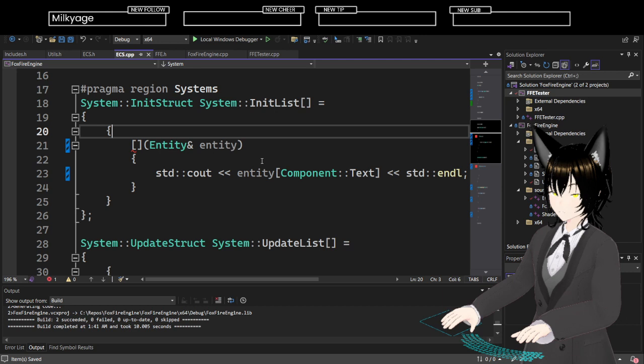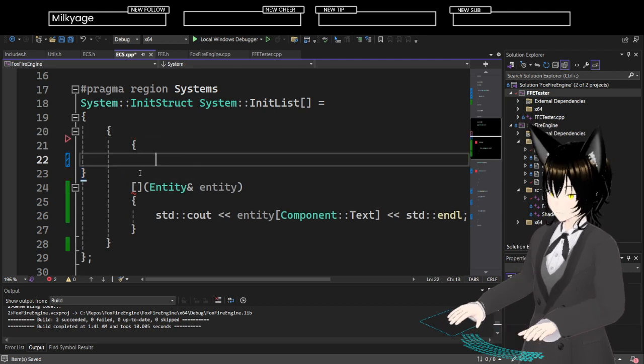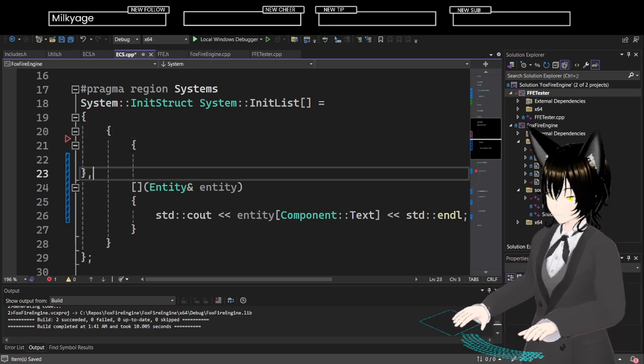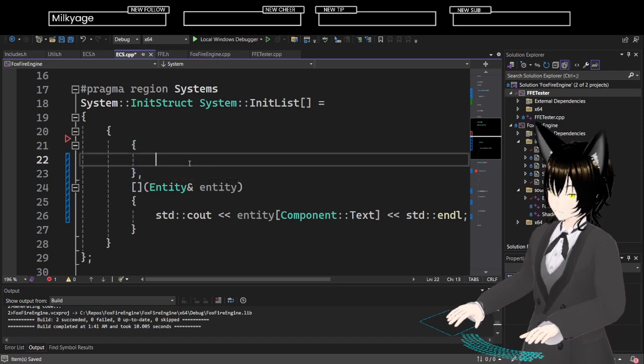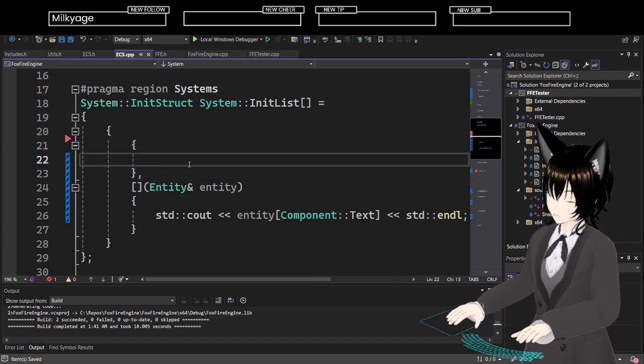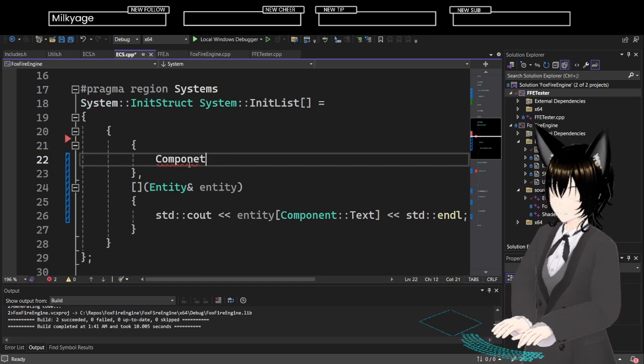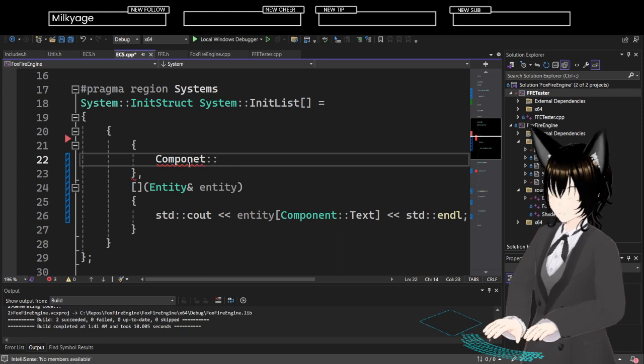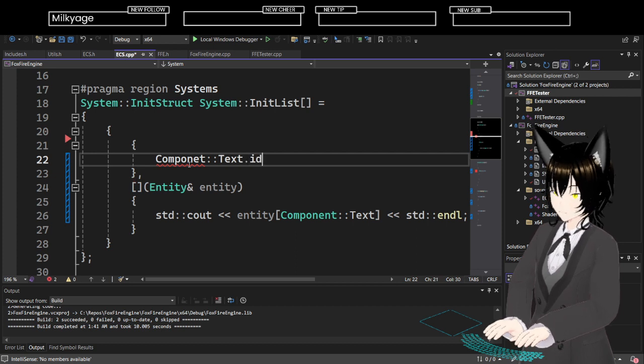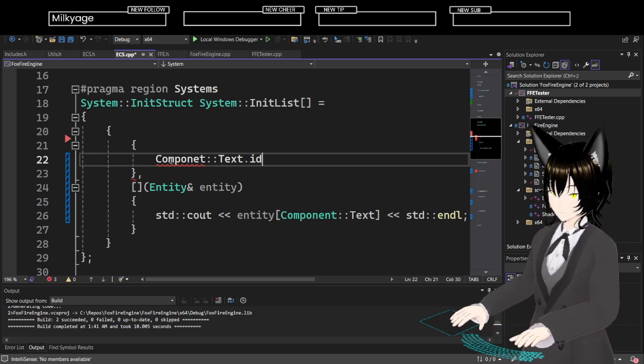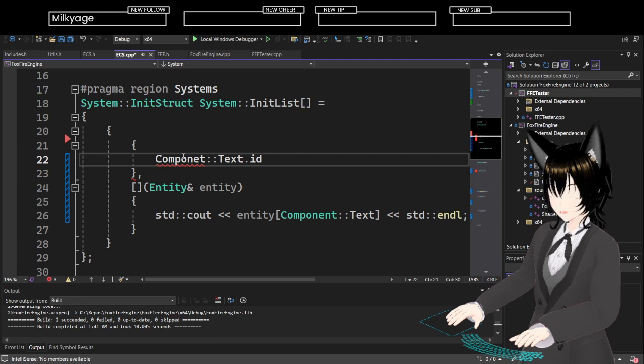Then I might be able to do, I can do an array initializer, right? So I could do something along the lines of components text dot ID. Name followed by the class namespace.